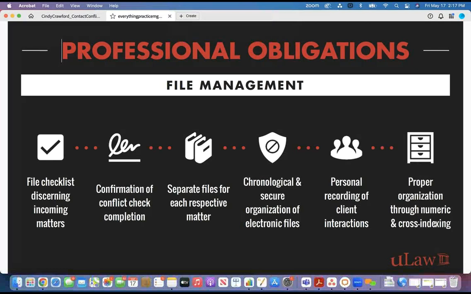Now, moving on to the next part of professional obligation, or rather fulfilling professional obligation, file management. So once a client has been